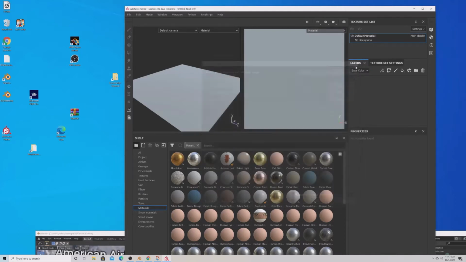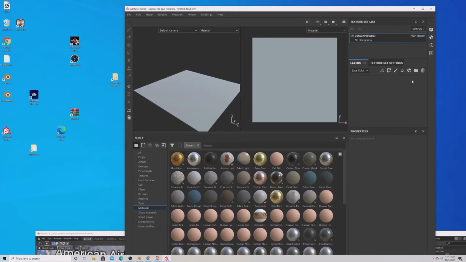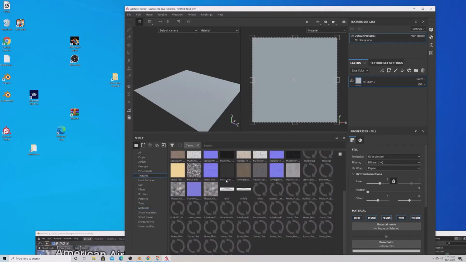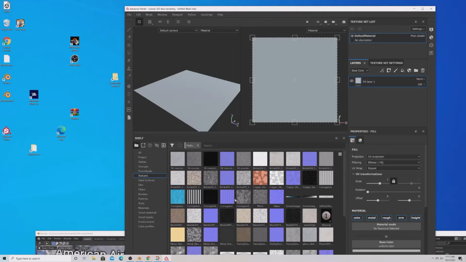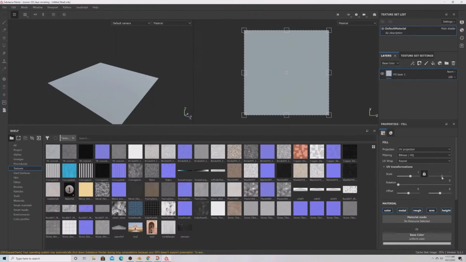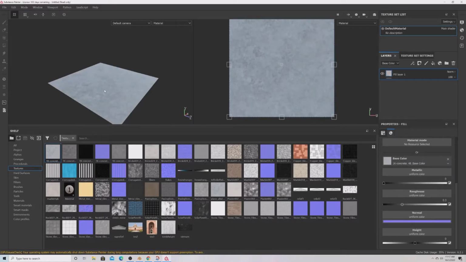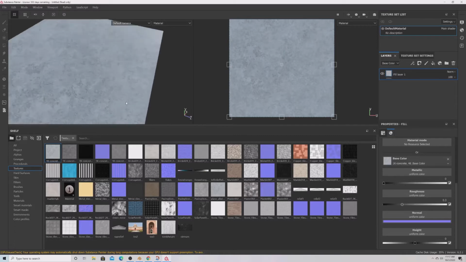Okay, cool. Now hopping over into here, I've already deleted that earlier paint layer, and I'm going to add a new fill layer. Fill layer just means that you have one material over the entire thing, I think, and I'm going to go into textures, and I can find all of the textures I've imported. So you can see here I have every single texture I've imported for all my projects, which is a lot, but you know, that's what makes them good. So okay, I'm going to take my albedo texture, which is base color, right? I'm going to drag that over this base color node, right? So now you can see my plane has a concrete look,